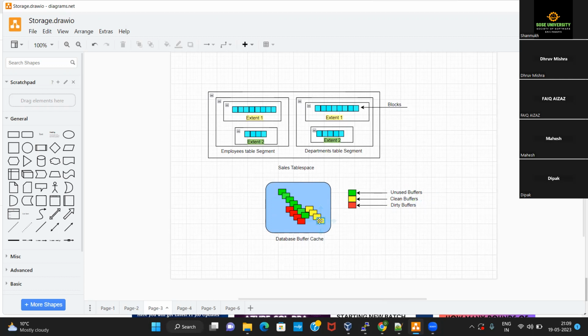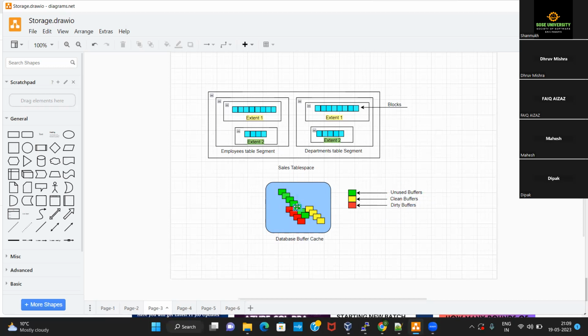So whenever the Oracle database server or the server process needs to bring some new data into the database buffer cache, it will first try to find unused buffers in the database buffer cache. If it finds any of those unused buffers which are currently empty, it will make use of them.